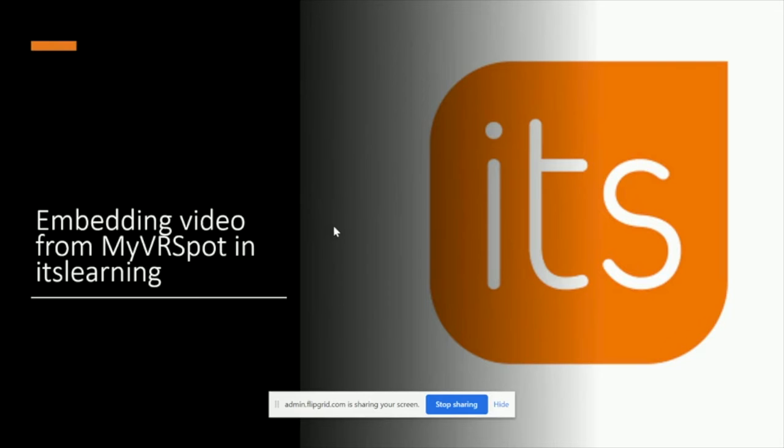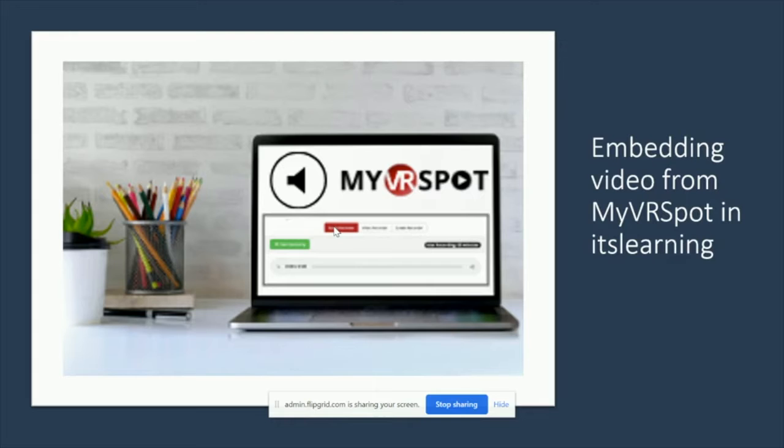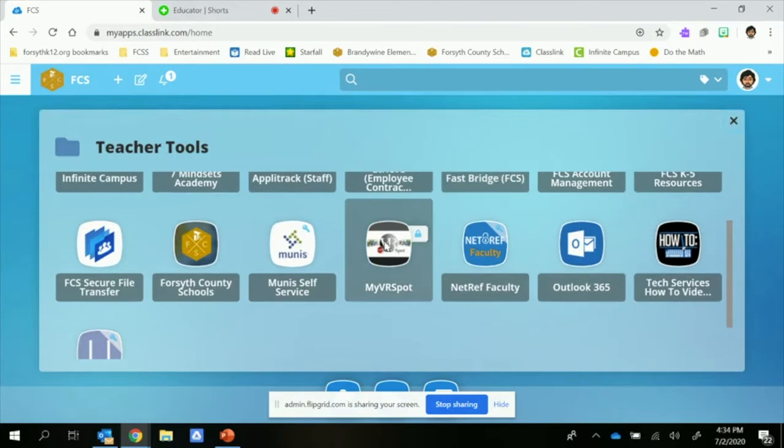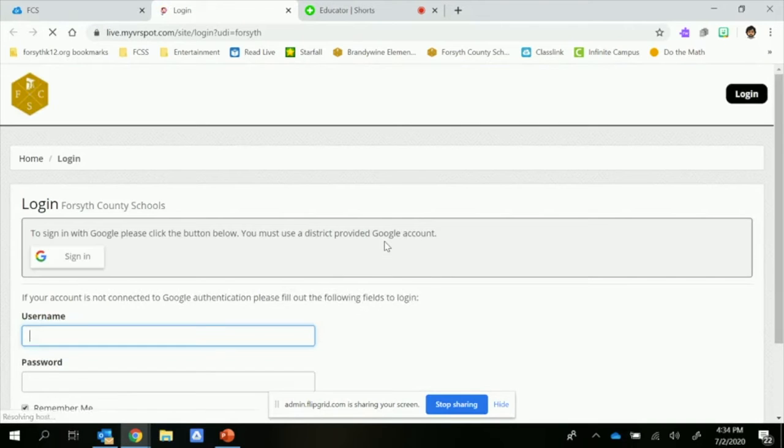Embedding video from MyVRSpot in It's Learning. First thing that we're going to do to embed video from MyVRSpot is we're going to open up. It can be found under Teacher Tools, and then I'll see MyVRSpot. It's going to ask me to log in. The easiest way to log in for right now is we're going to sign in with Google,